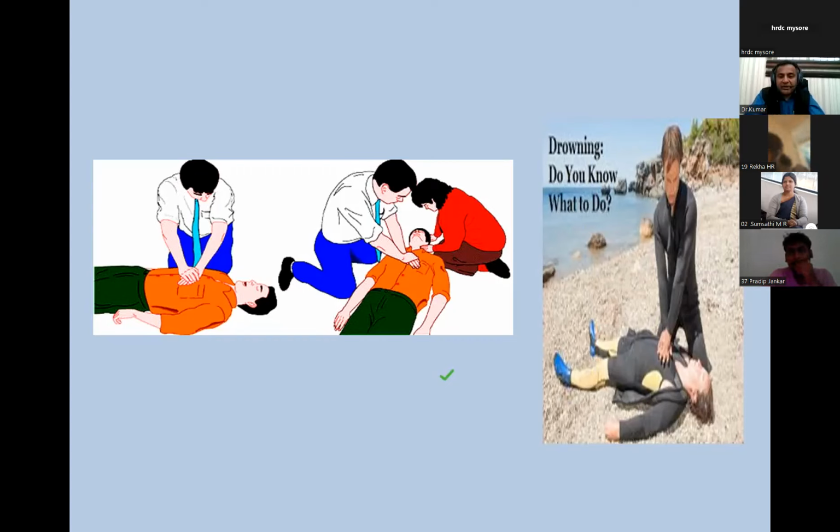of NCC, and in one of the NCC camps she was sensitized about CPR. So the point to be mentioned here is, if you learn CPR, you can save lives during an emergency. You can boldly come forward and do the CPR. Okay. So next is about